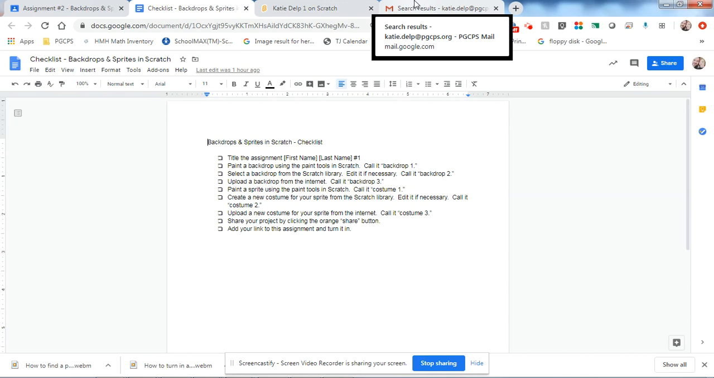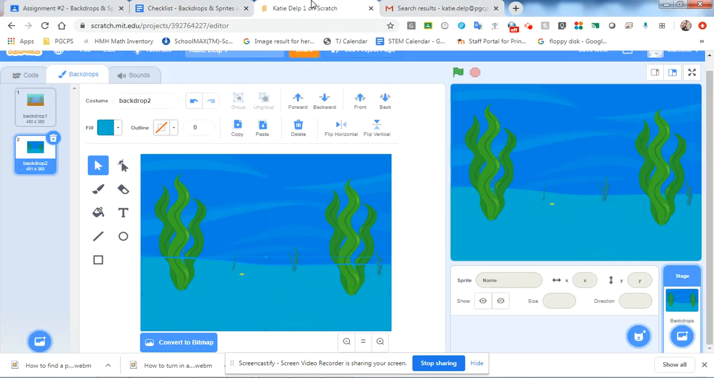Now, I'm recording this lesson from a Dell laptop, okay? So if you're working from a Chromebook, your process is going to be slightly different, but the steps are generally going to be the same. It's just going to look a little bit different. So if we go back to Scratch,